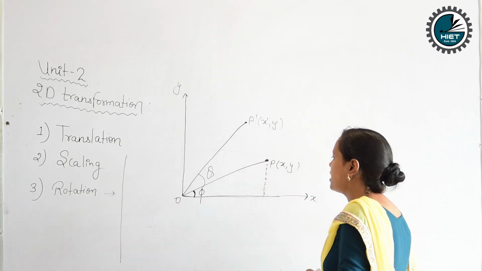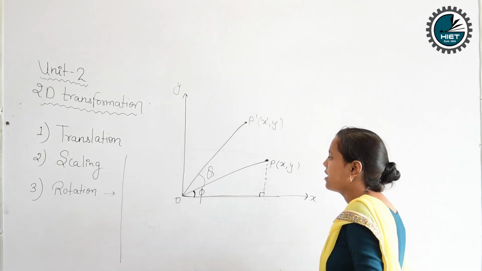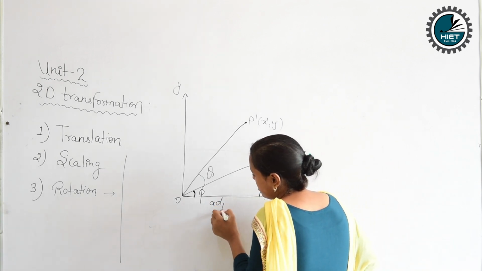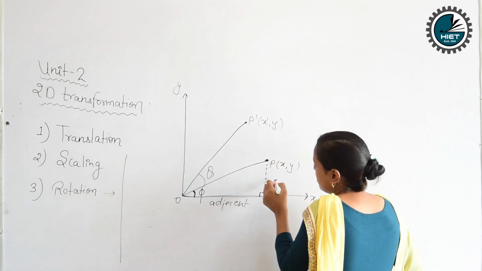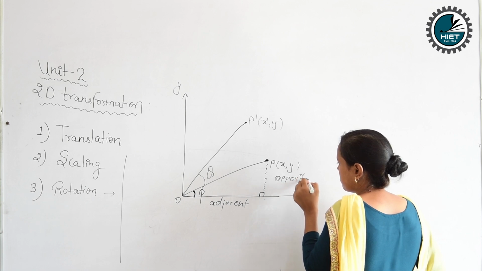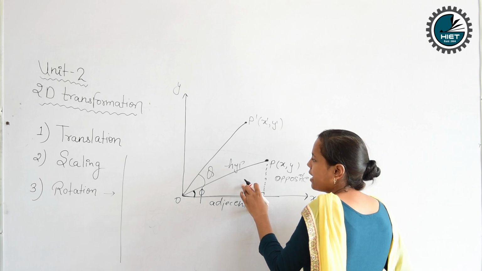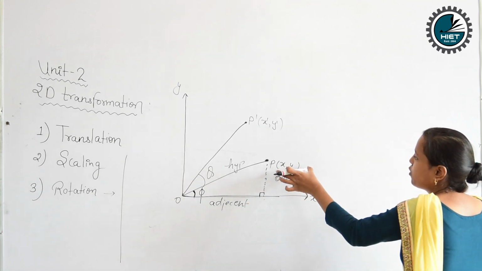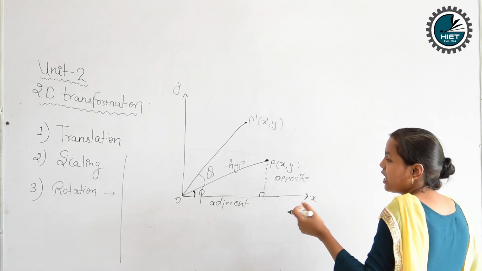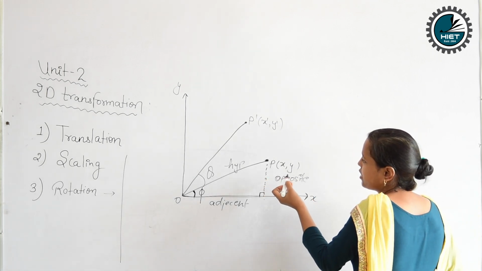and if I take that along the x-axis, and we look at that angle, this is called a right angle triangle. This is the adjacent, this is the opposite, and this is the hypotenuse. Okay, so this is a right angle triangle, and we have to find the old coordinate x comma y. So we take the angle, we have some equations, and from the following equations we can find the x comma y.